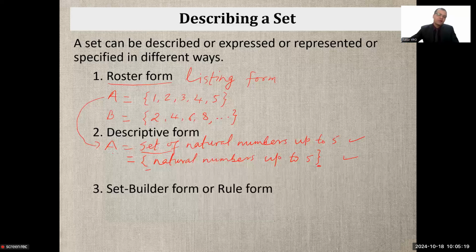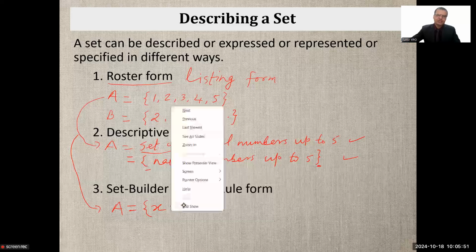So in order to define this set A, let's write here set A equals set of all x. Now I'm assuming here the variable x. X represents these elements. Now what these elements are, or what is the main characteristic of these elements, we describe here. Set of all x such that